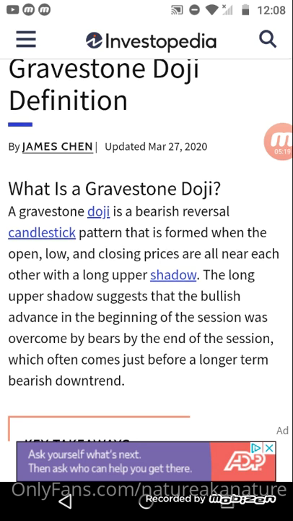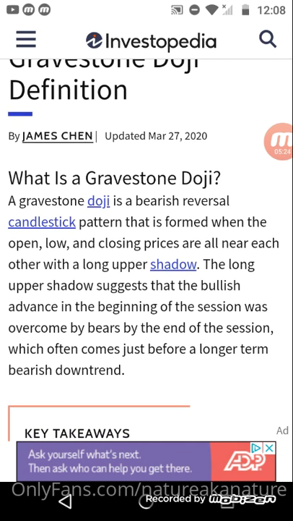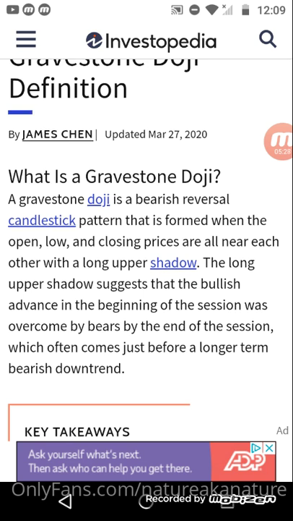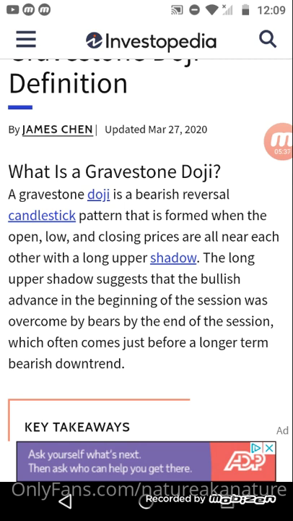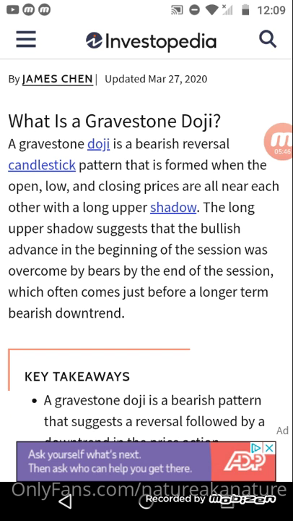By the end of the session, what often comes just before a long-term bearish downtrend. So you see this right after you see a long-term bearish downtrend. So you see a Gravestone Doji, it can form at the end of a long-term bearish downtrend. Long-term selling pressure is going down on a downtrend. That's when, if you see that, or you see a Dragonfly Doji, it's just that a long-term bullish upside or